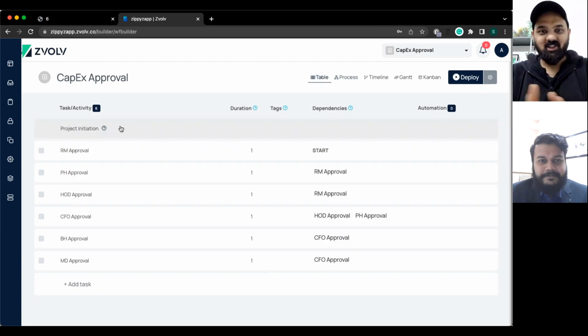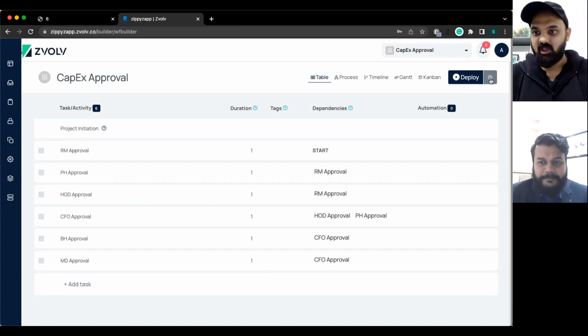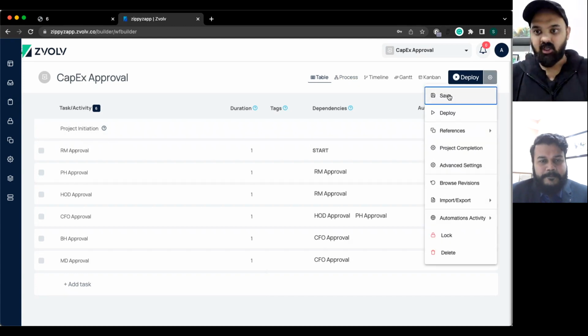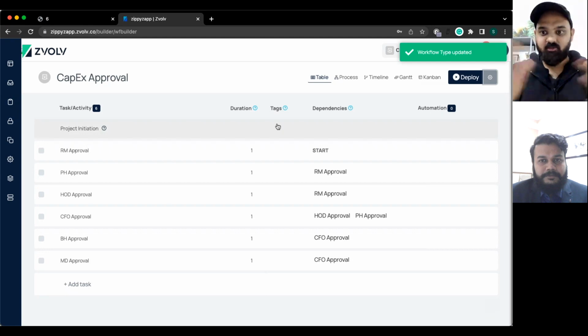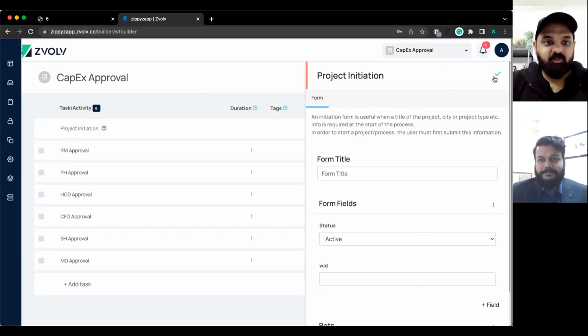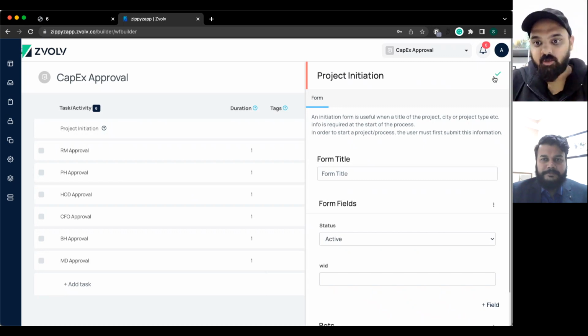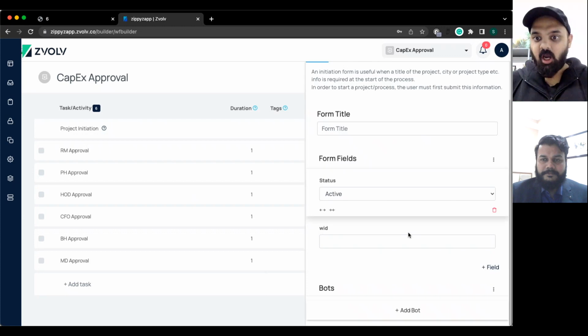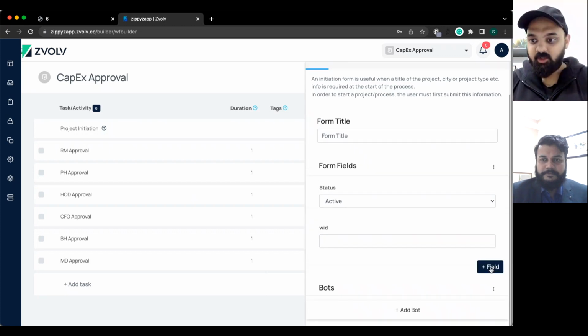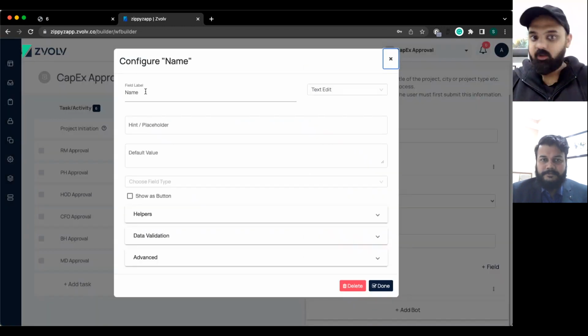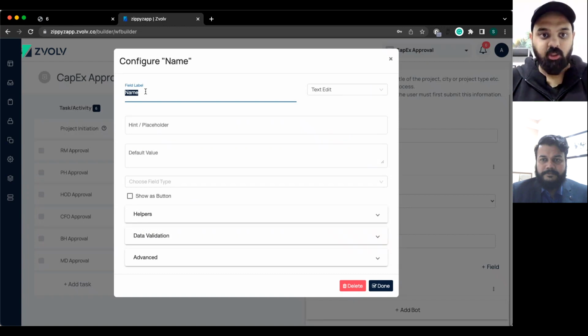So now, Shivam, let's come to the second part of this. Now we've created the process. Let me quickly save this. So I've saved your process. Now let's come to the second part of it. Since we have narrowed down your process, now let's start building the request form which kickstarts this entire process. So from what you have shared with me, let me start quickly building it, and then you can jump in if you want to pitch in.